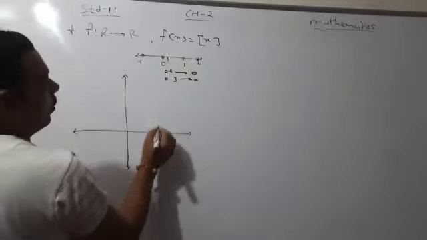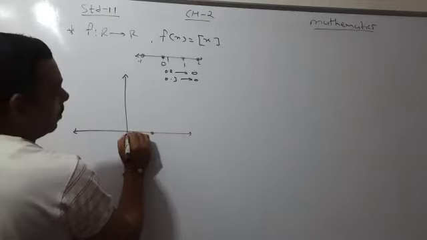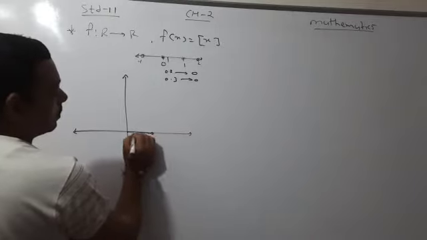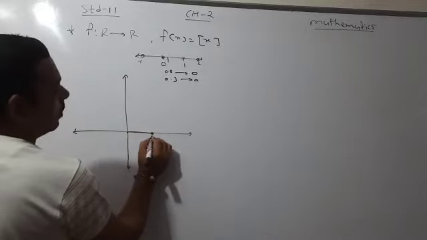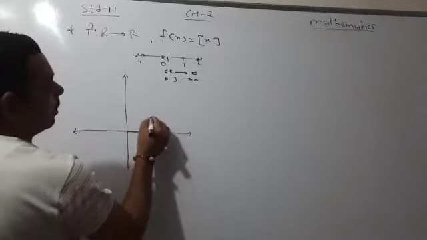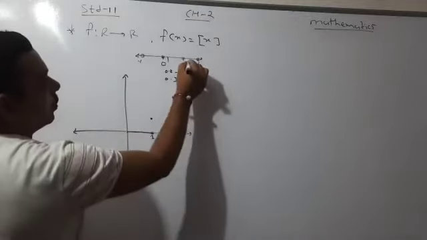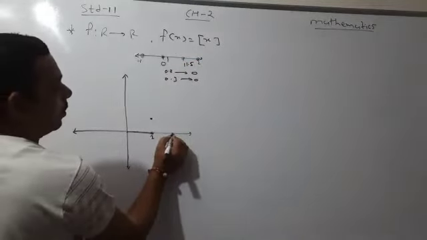So in general, till 1, which is not considered, your answer is 0. But if I say 1, then the answer is 1. So 1 is now considered. For 1.5, the answer is 1. So till 2,